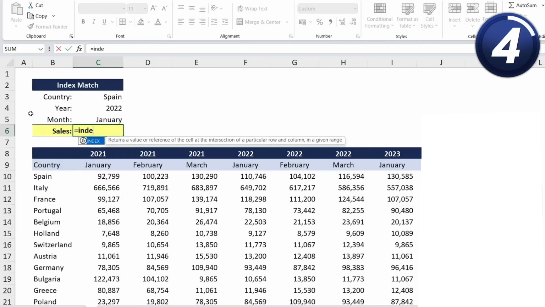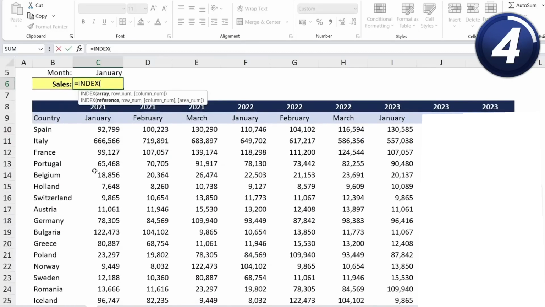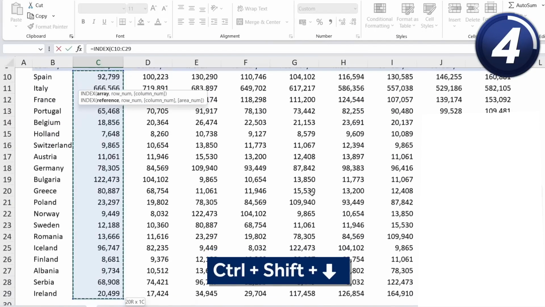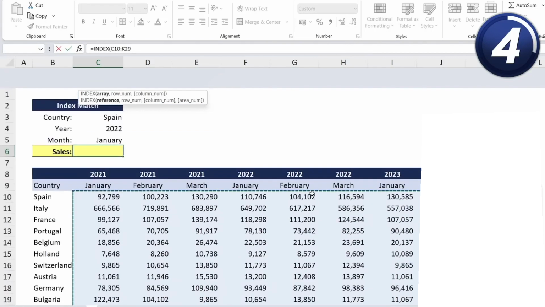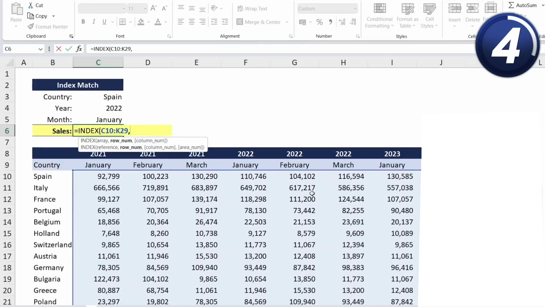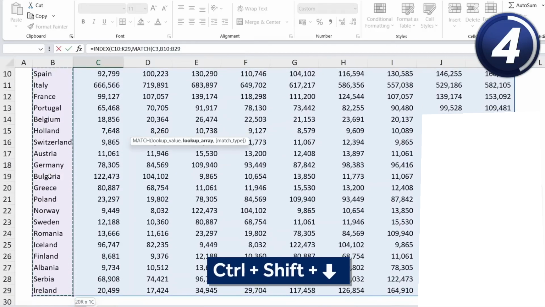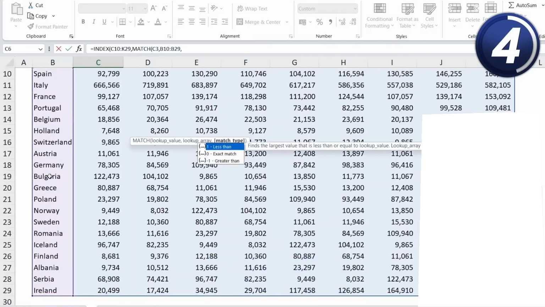So equals index, hit the tab key there. And so over here, the array is basically what we want as the result, which are all our sales figures. So we'll go Control Shift down, Control Shift right. From here, you're just going to hit the comma key, and this is when the first match is going to happen. So we'll go match, hit the tab key there, and the lookup value is first we're looking for Spain, comma, and we're looking for Spain within the range of countries. So Control Shift down there, comma, and we want an exact match, so we're just going to put a 0 there,